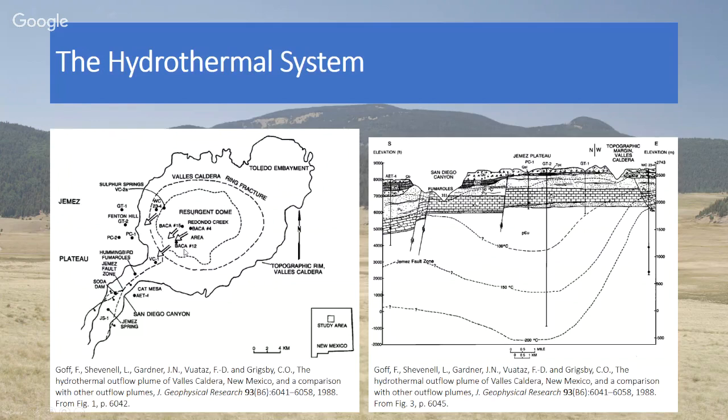And this is a picture from Goff and Gardner and a bunch of others. The arrows here show the flow of the hydrothermal system. You can see the basic outline of the caldera, the wells in the center of the caldera, and then the water flow. And one thing to remember is, inside the fracture zone, the volcano floor collapsed, fracturing the rock, making it very permeable to groundwater flow. So groundwater can flow pretty easily inside this dotted ring.